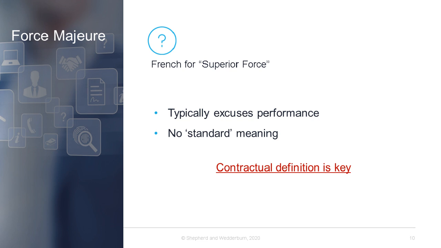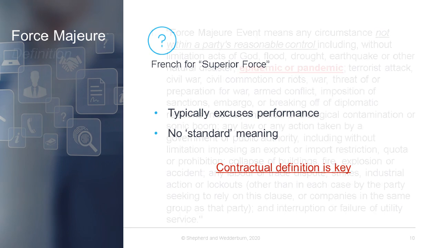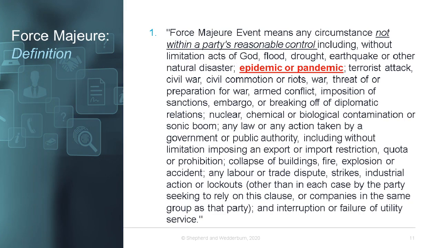Because of its French law origins, the term force majeure has no recognised meaning in English or Scots law, so the contractual definition is therefore very important. We've got a couple of examples of definitions of force majeure on the next couple of slides. It's important to note that typically the definition of force majeure will be open or non-exhaustive, in that the particular circumstance doesn't need to be specifically listed as a force majeure event, provided it meets the requirements of the objective test, which is usually set out in the definition, which is that the circumstances are beyond the reasonable control of